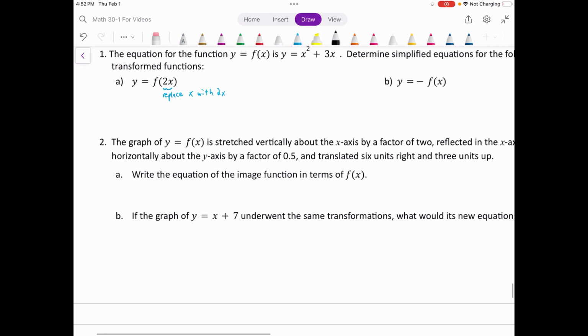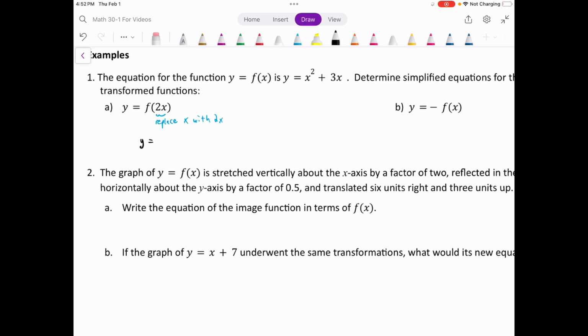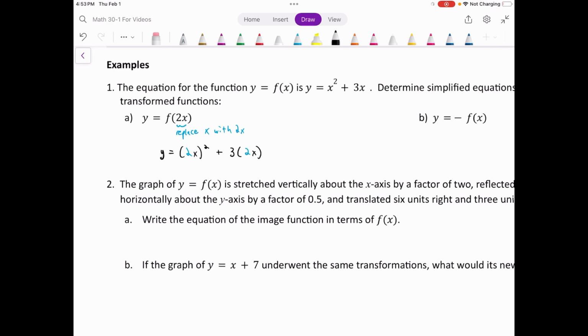So let's do that. We had y equals x squared plus 3x. Wherever I see an x, I'm going to replace it with a 2x. Y equals 2x squared plus 3 times 2x. Okay, all I've done there, replaced x with 2x, right? There's no a there, there's no k, there's no h. So all I'm doing is horizontally stretching it, and that just means I need to replace x with bx,